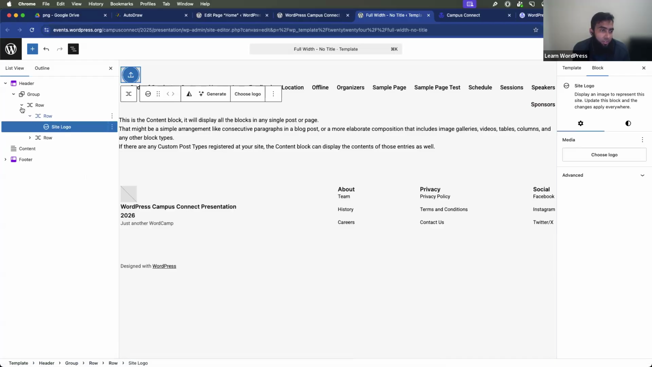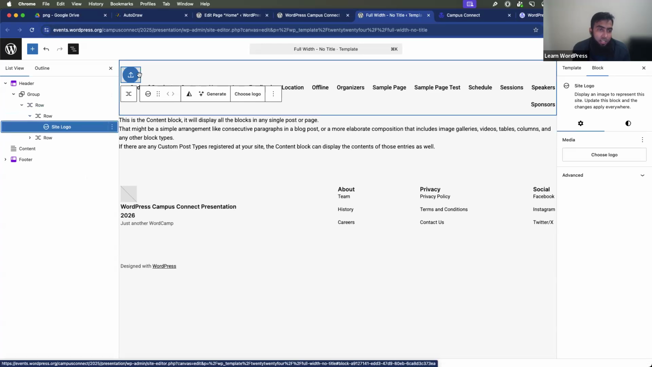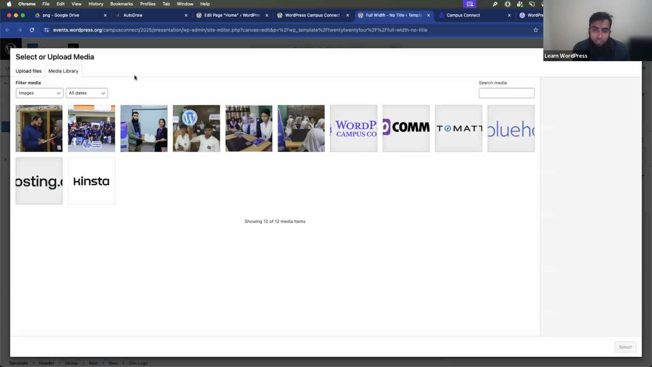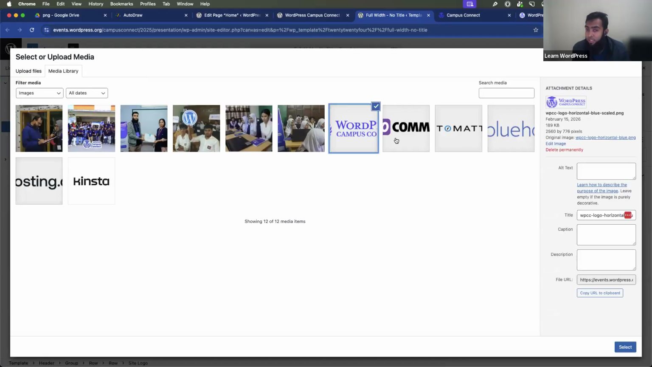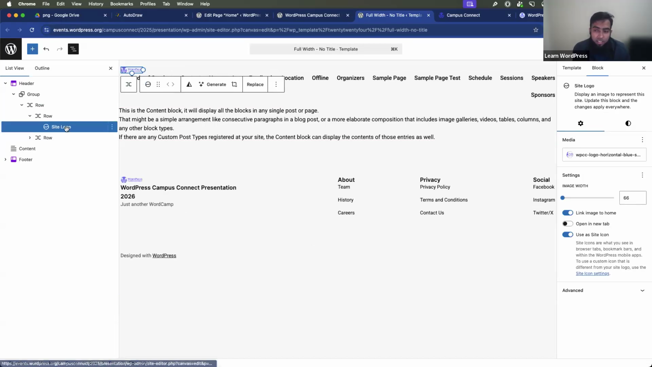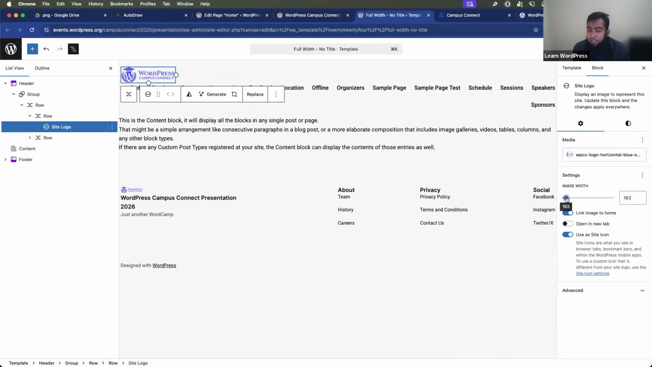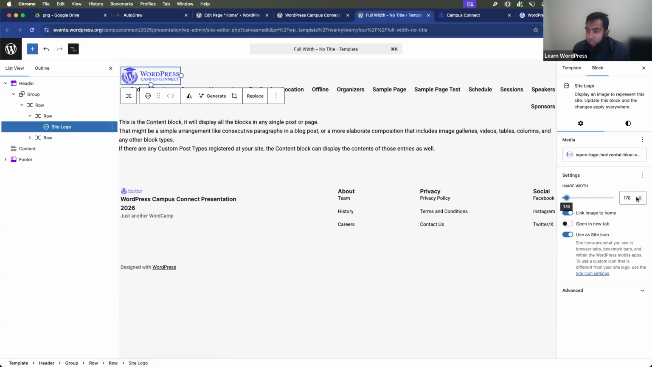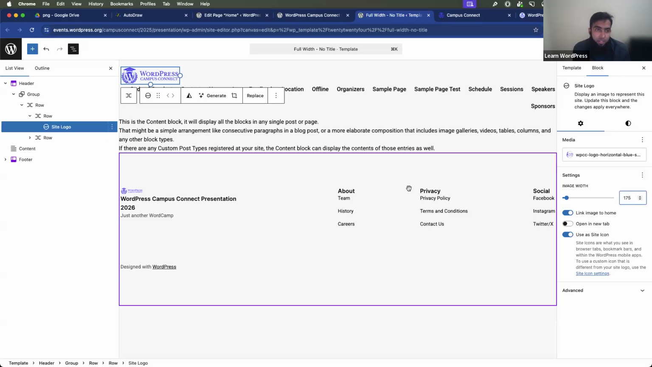Only on the left side I want to keep the site logo. So in site logo I will just click on this upload, and I already uploaded the Campus Connect logo in the media library, so I will select it, and you can see the site logo has changed, and we can increase the width of the logo. So let's make it 175 pixels. And then